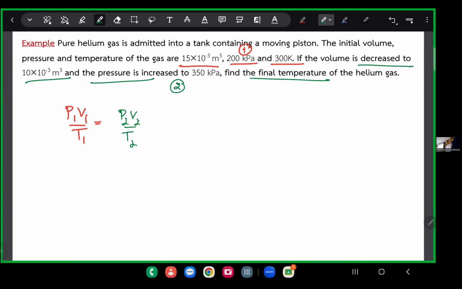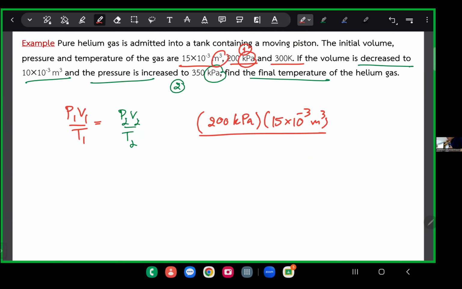All right. And because you just want to compare left and right, making sure that you just use the right unit on both sides, that's good enough. For example, pressure. P1 is in kilopascal, 200 kilopascal. So you don't have to convert it into anything as long as the right-hand side is also in kilopascal. Does that make sense? All right, so that saves you a little bit of time. Don't need to convert all the units. So making sure left and right are coherent, everything is good. So volume, it's in cubic meter. All right, 15 times 10 to the negative 3 cubic meter